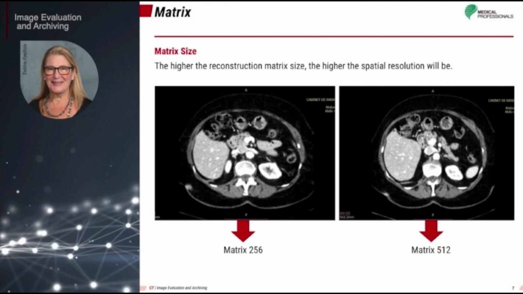According to a new study that was recently published in Academic Radiology, in ultra-high resolution computed tomography, a large matrix size maintains the spatial resolution and improves the image quality and the assessment of lung diseases when compared to a 512 matrix size. If you look at these